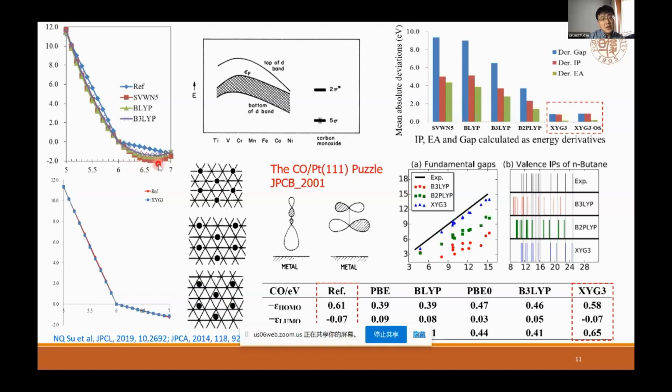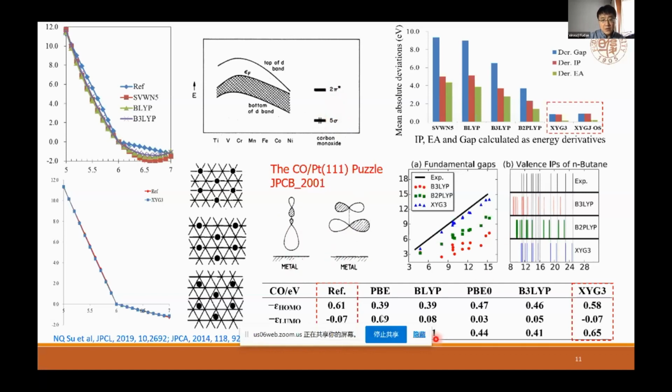So this delocalization error leads the 5 sigma orbital, which is the HOMO of CO, to be too high lying, and the 2 pi star orbital, which is the LUMO of carbon monoxide, to be too low lying. So the PBE functional will underestimate the sigma donation, which prefers the on-top site adsorption, and overestimate back donation, leading to the wrong description of the